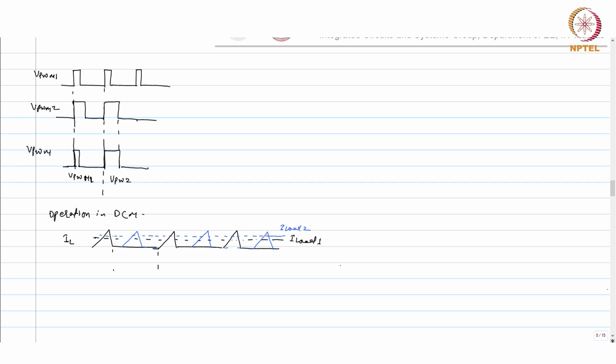But when you operate in continuous, let's say I want to do 5 outputs with 1 amp each. So the 5 amp has to come from the inductor only. See, the inductor requirement will increase the current requirement. So instead of having a 1 amp inductor, you require a single inductor with 5 amp. So that inductor size will be bigger actually. So it doesn't benefit much there.